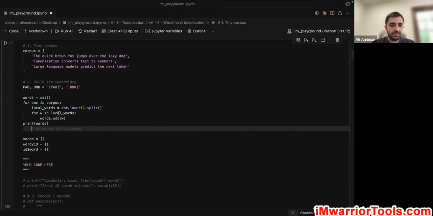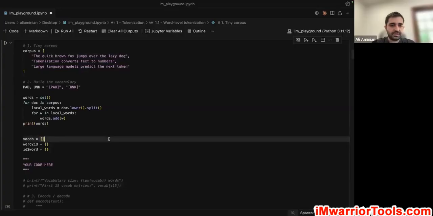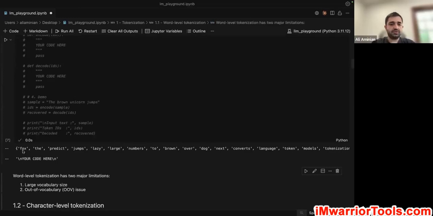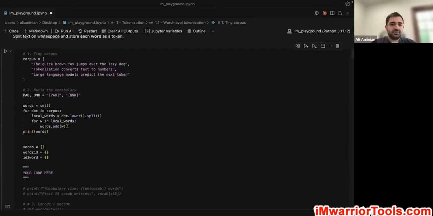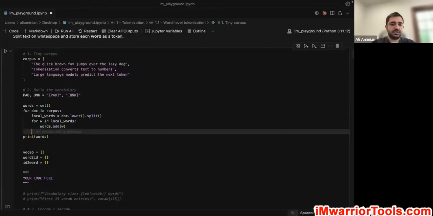Okay, for w in local words here, we add them to the words, and then here we print them. So here you would see we have this set with all those individual words. Now, this was a very simple step-by-step implementation, but in practice, we can also have everything in a compact version. So instead of having these 3 lines, we can just simply have,